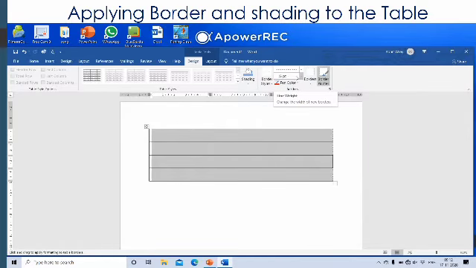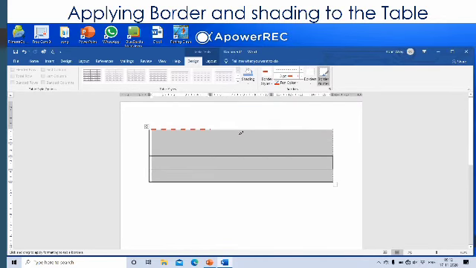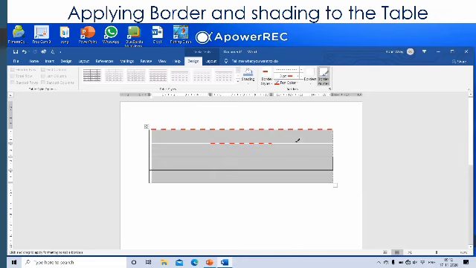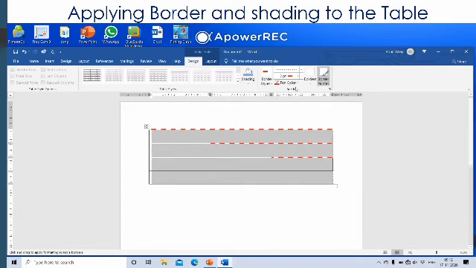Next one, here half point is written. If you click on it, this is for thickness, how thick a line you want. And then again with pen you can click on those lines and lines will change. So this is how you use borders. Then you can change the color of the lines here.